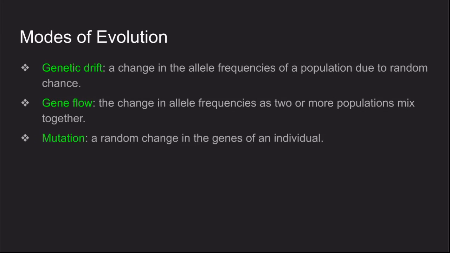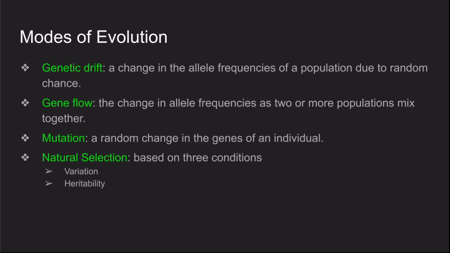The fourth process by which evolution occurs is called natural selection. There are 3 conditions that natural selection is based on. The first is variation, meaning that differences must exist between individuals. The second is heritability, meaning that parents must be able to pass on traits under natural selection so they can be selected for or against. The third is differential reproductive success, which is measured by the amount of offspring an individual has that survive relative to other members of the species.